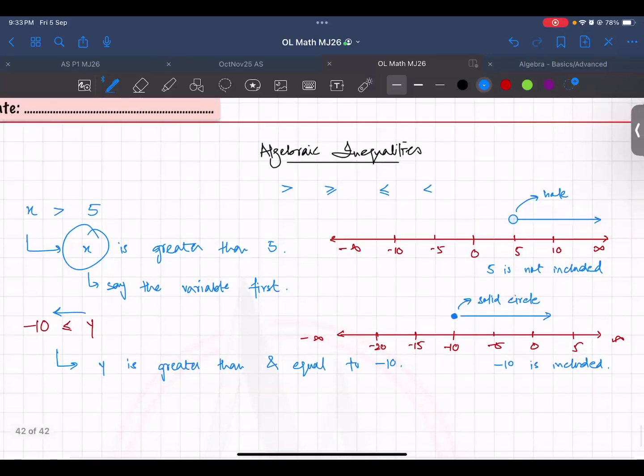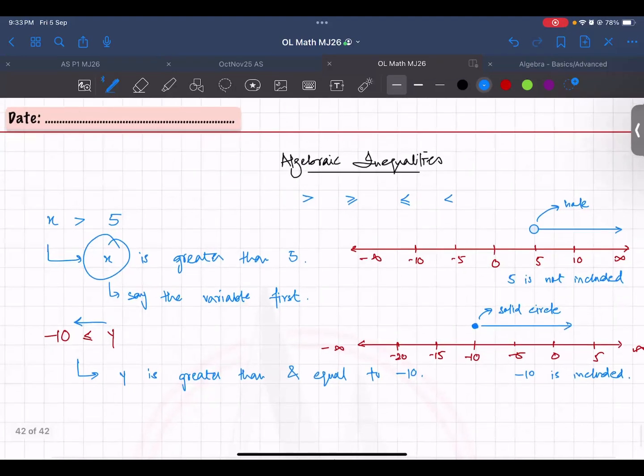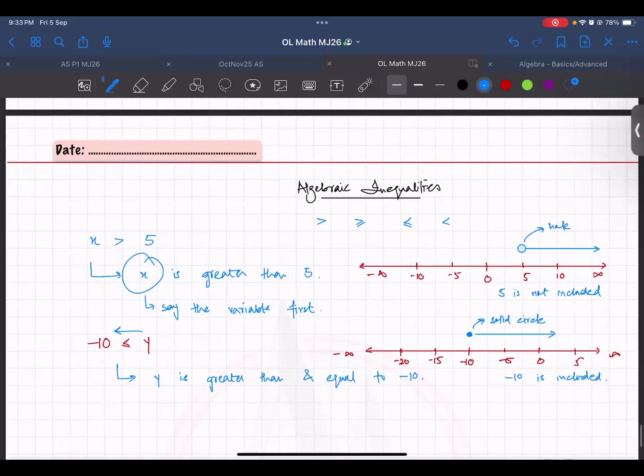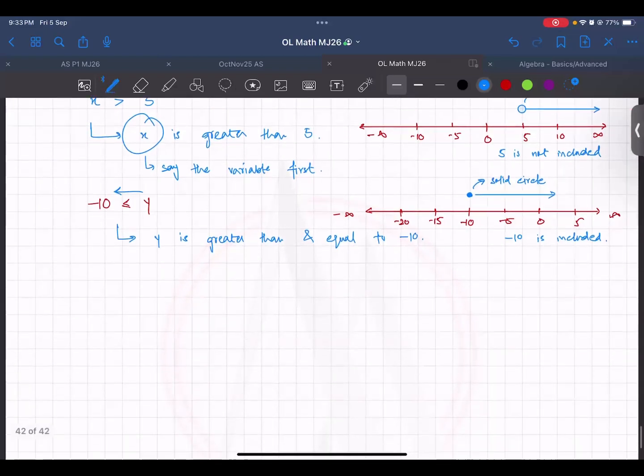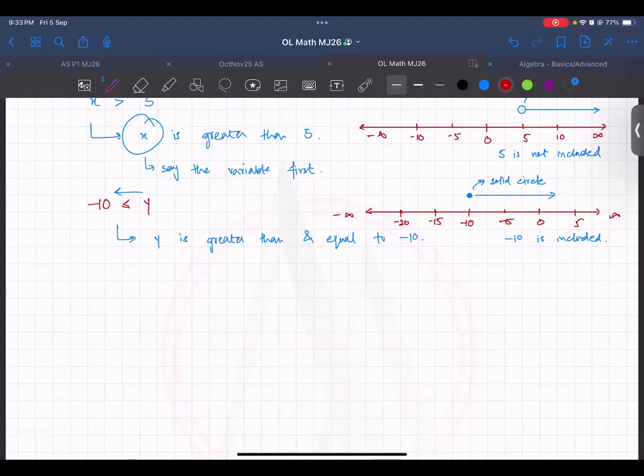I know people have done this in detail, but I have seen people making mistakes on this again and again, despite knowing this, silly mistakes happen. So this is just in your notes now, this is how it happens. Keep this in mind the next time you do a question like this. We have questions where they ask you to represent the inequality on a number line. This is how you would do this. The rest of it is exactly the same, how you solve the inequality if they ask you.